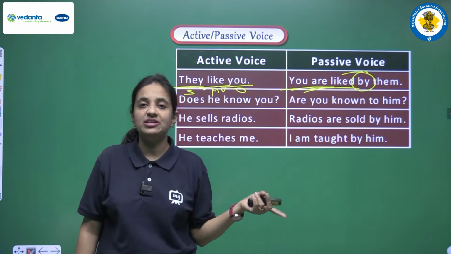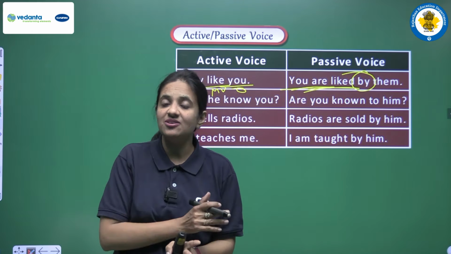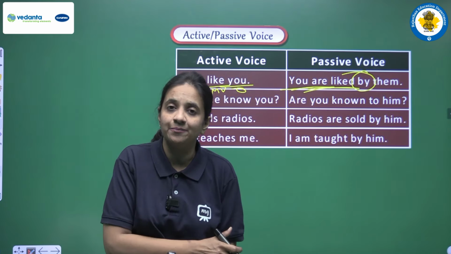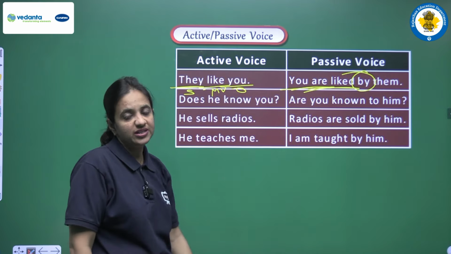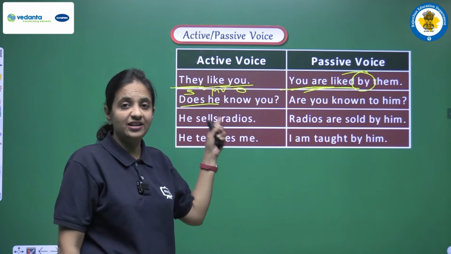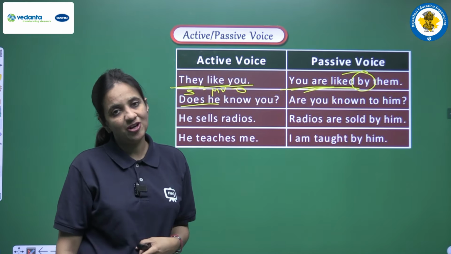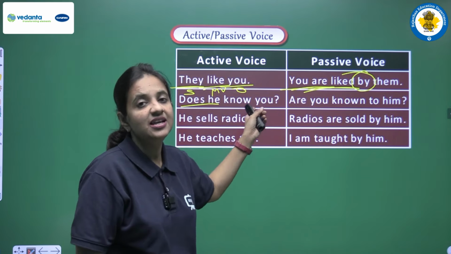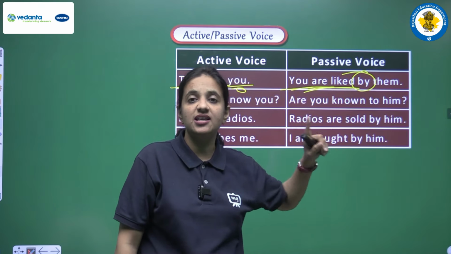Now we are just discussing the different tenses. So now we have the first tense. If we have present simple tense in active voice, then in passive voice we have to use three helping verbs. We have the options is, are or am. Clear? Next example: does he know you? So it's an interrogative sentence. So we have a helping verb. It's very easy to identify that this is present simple tense because do and does are the helping verbs that are used in present simple tense. So when we have present simple tense in active voice, then in passive voice according to the rule we have to use is, are or am.